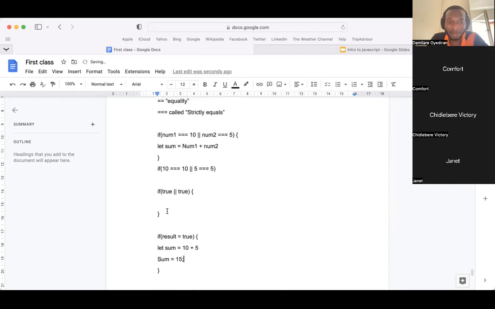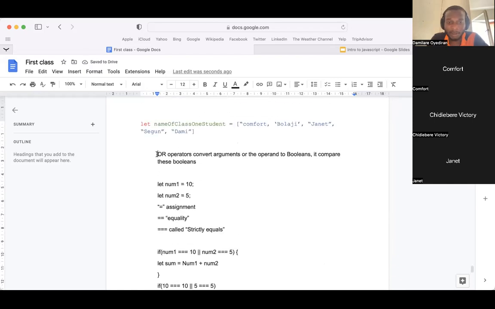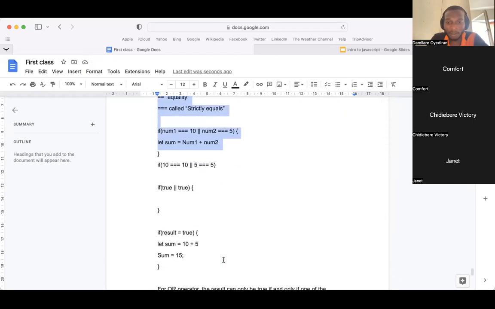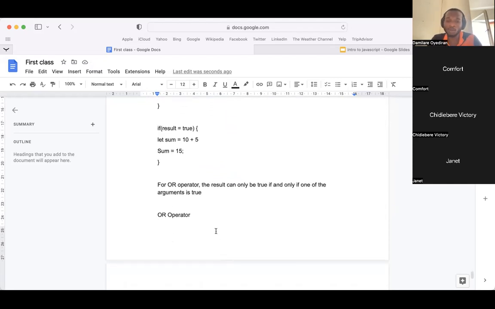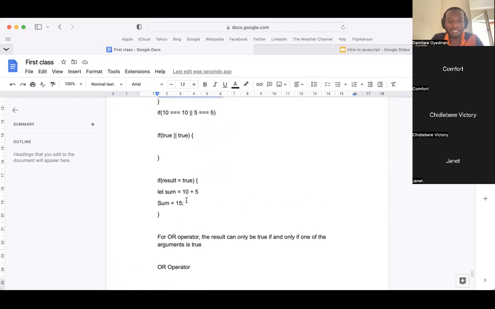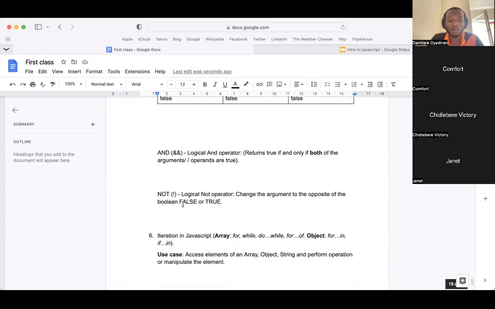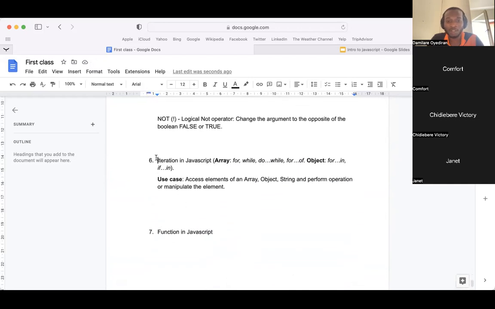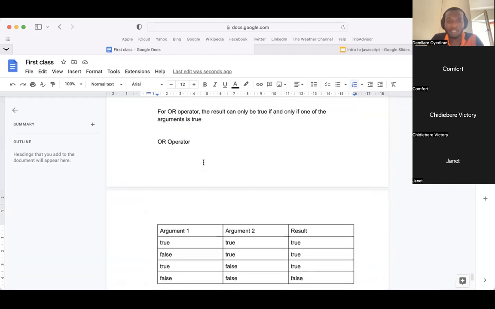Do you understand this? Yes. Hello? So I know you're going to talk about this, right? I'm just trying to refresh our memory on this, because once you understand this, it's really going to help us when we get to what we are going to talk about today in class, iteration. And the same thing also goes for